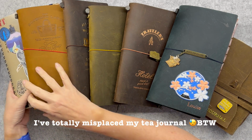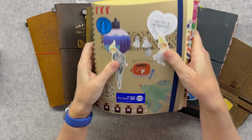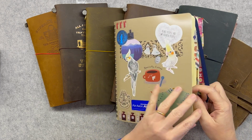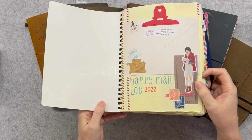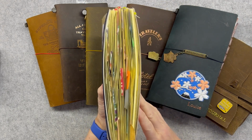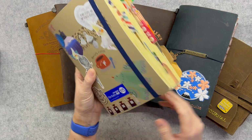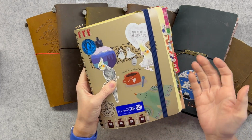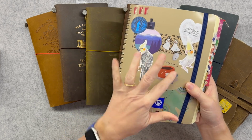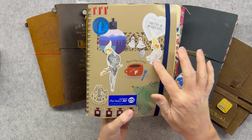I'm going to start first of all with this journal, which is not one that I share, so I won't be flipping through any pages here, but this is my Pen Pal log, if you like. I started this one at the start of 2022, and this is where I record all my incoming and outgoing mails. I include a photo, a little note and some personal information, which is why I don't share it. I also like sticking random things that I've received in mails that take my fancy. Sometimes it's been on the envelope, sometimes it's stickers that I've made,